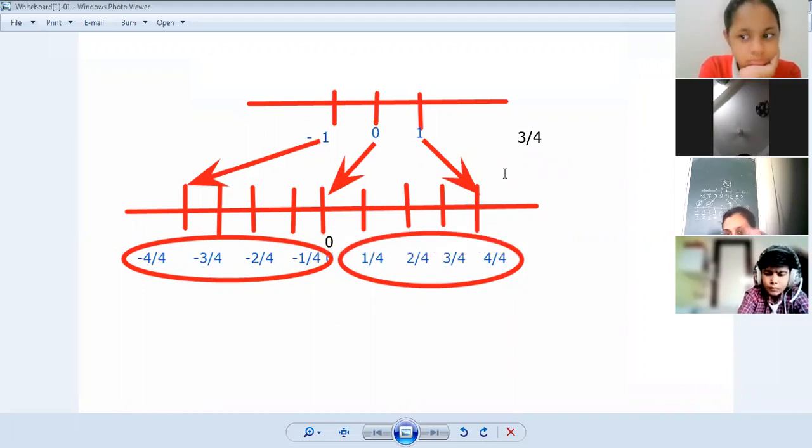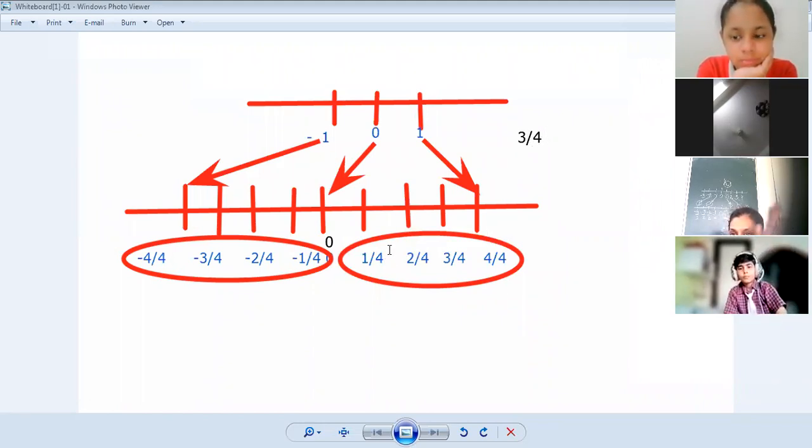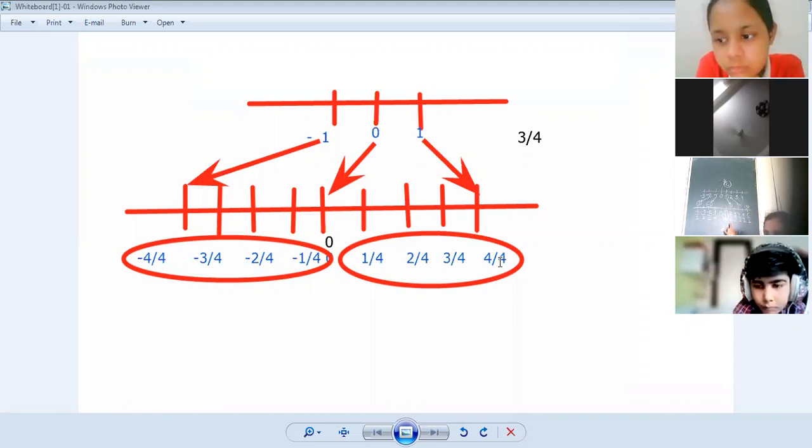On the right hand side, first of all, you have to see the denominator. The denominator is 4 here. So we'll start dividing our number line into 4 equal parts. That is 1 by 4, 2 by 4, 3 by 4, 4 by 4. Where 4 by 4 will come, it will be represented as 1 here. That's because when we convert it into the lowest form, we get 1 here, when the numerator and denominator are the same. Same in the case of the number line on the board: when the numerator and denominator were the same, number 1 was here.